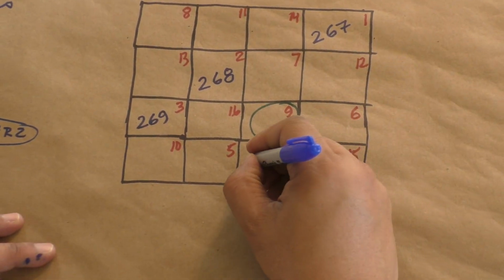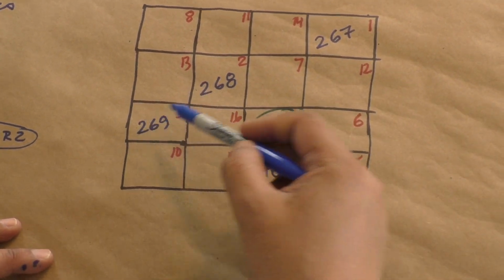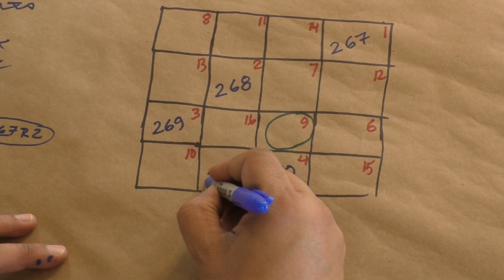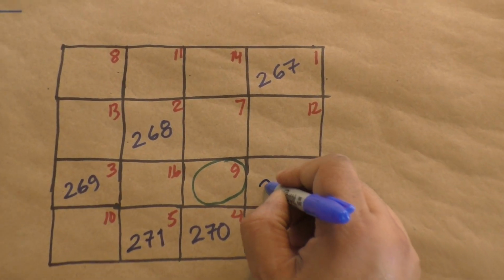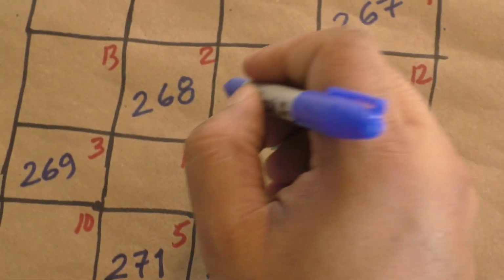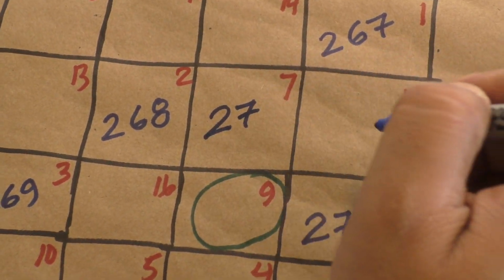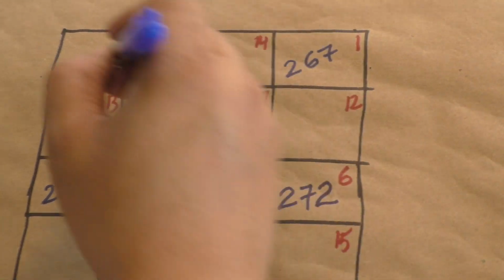It's over here. 270. You really have to keep track of what you're doing. 67, 68, 69, 70. So this will be 271. Then 272, 273, and then we would have